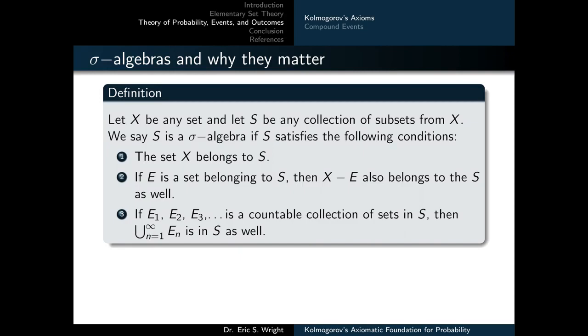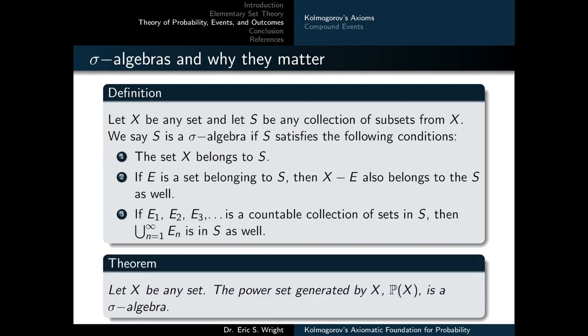If we apply these properties to the notion of a probability space, then what they're really telling us is that our collection of events has to include the entire sample space. Any elementary event that we put into the collection of events has to be accompanied by its own complement, and this collection of events must be closed under the operation of a union. That means if you take any two or more events from the collection, form their union, that union must belong to the collection. It must belong to the sigma algebra as well.